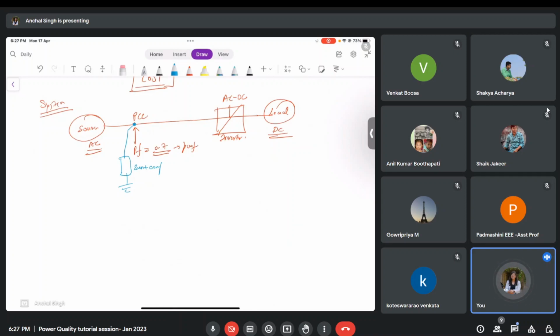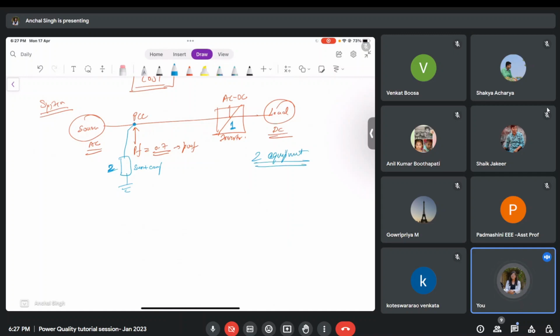So now in this case, I already have an inverter, let me call it 1. Inverter number 1 was already connected to the system, and then I added another shunt compensator 2 to the system. So in order to solve the problem, I have used 2 equipments here. That means cost will be high, right?